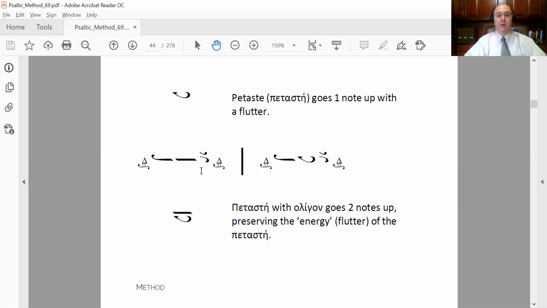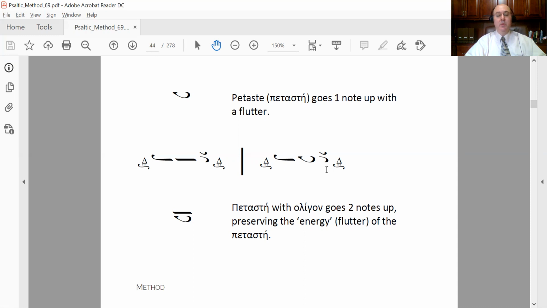Thee, thee, thee, or thee, thee. It has a flutter in the voice, and you can perform it the fast way with a very fast flutter, this: thee, or